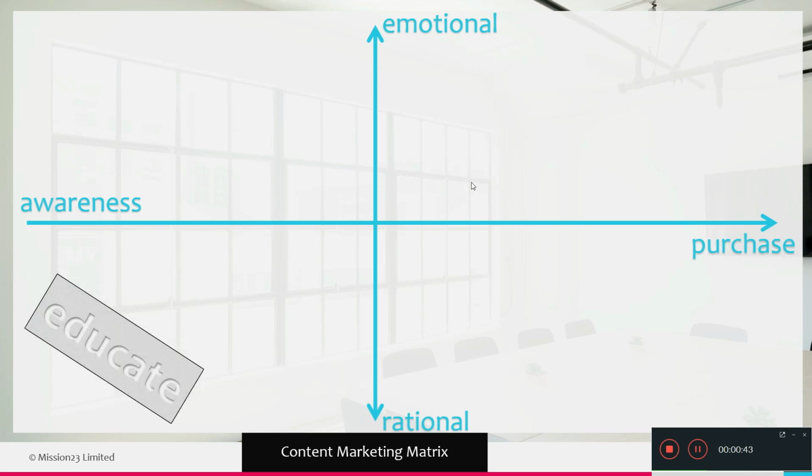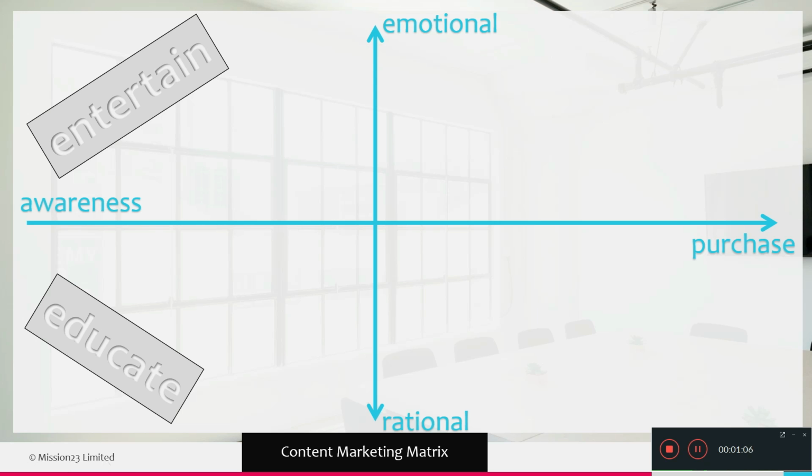In the bottom left-hand corner, we have the piece that we call education. So when we start making the customer aware of our products and services, we try and be rational, we try and be structured in the information we provide, and we try and help educate them as to how we can help them best. But we also want to entertain them. We want to make sure that they have an emotional attachment to what we're doing